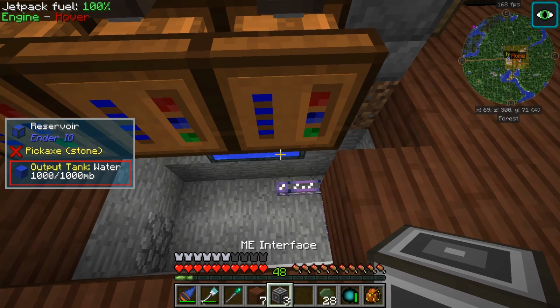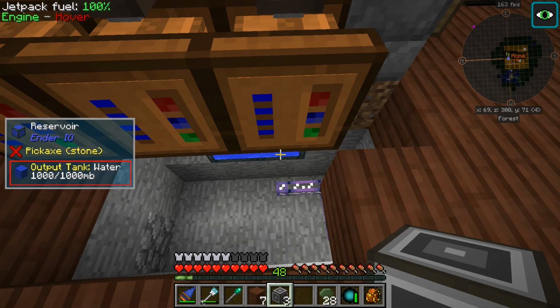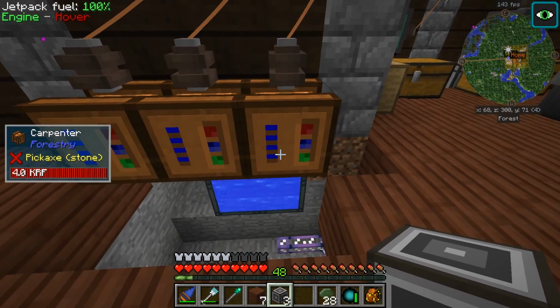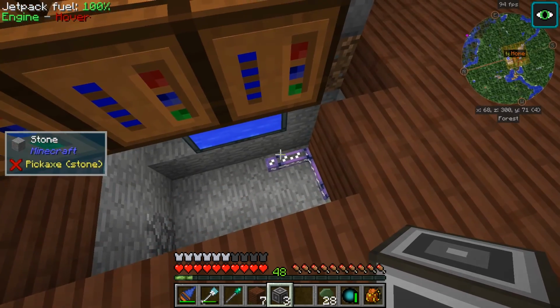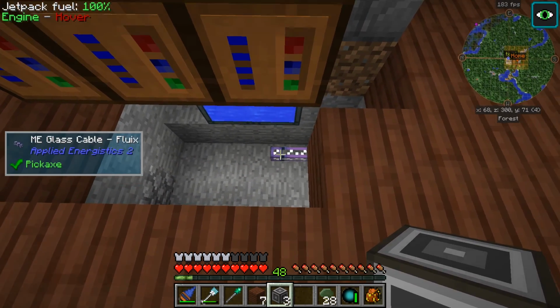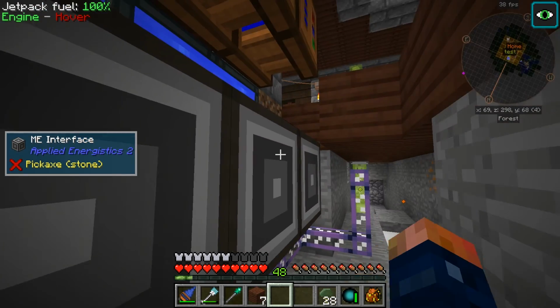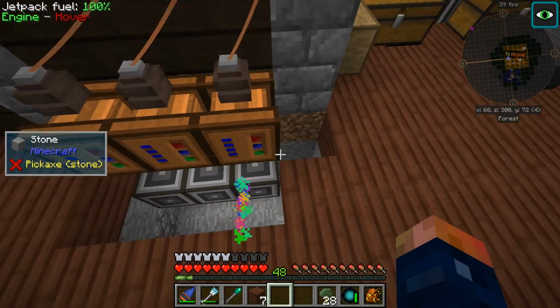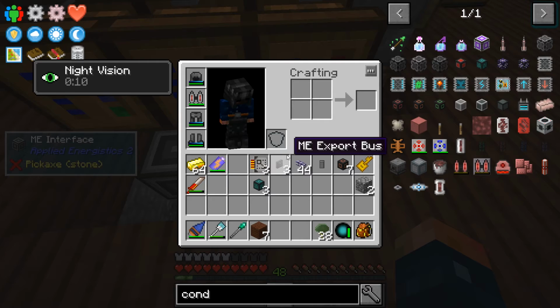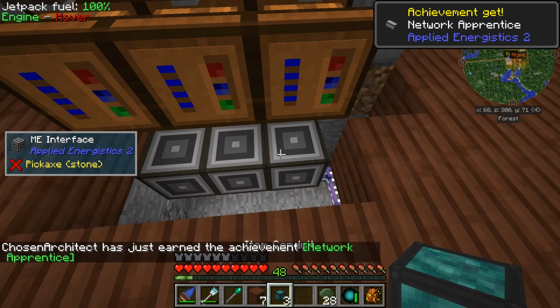So we're going to use the ME interfaces. Now, I couldn't get them to automatically import items directly into here. So what we're going to have to do is export items out with item conduits or something like that. So we can go ahead and place these. And this should work fine, placing them like that. And then I think we can set up